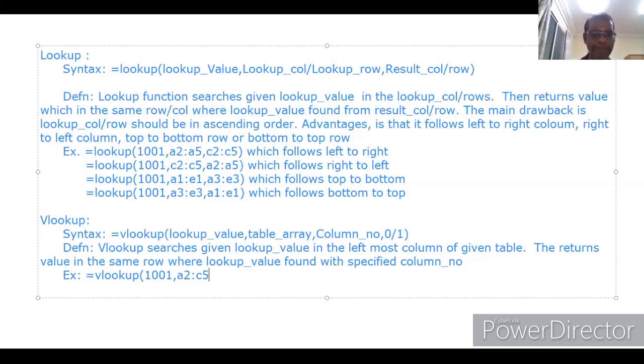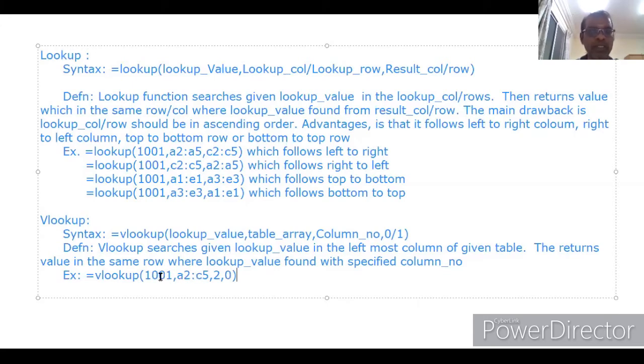It is the table size that starts from A2 colon C5. Then the number of the column, second column or first column. 0 stands for exact match. Okay, so in this example 1001 will be searched in the range of cells from A2 to C5, especially in the leftmost column of the table, which is given as A2 to C5.